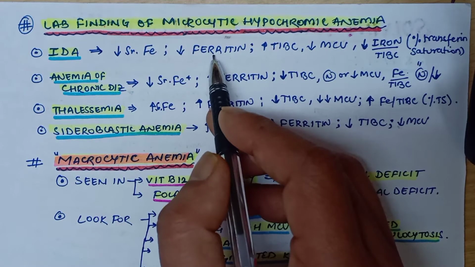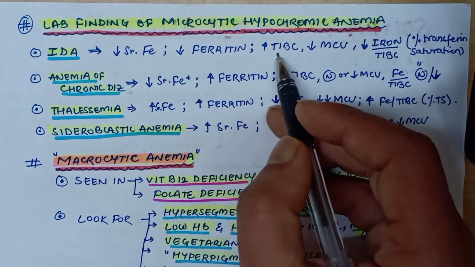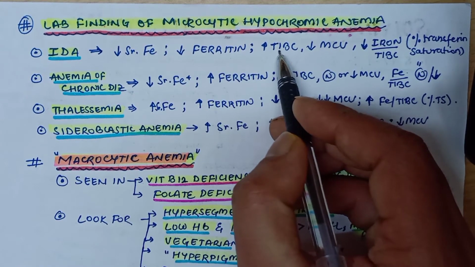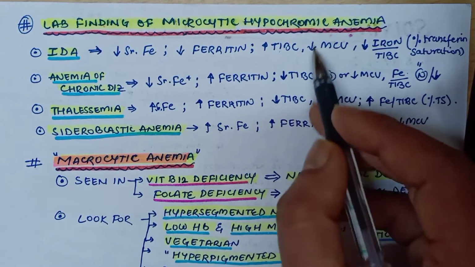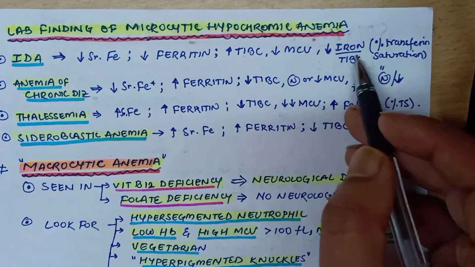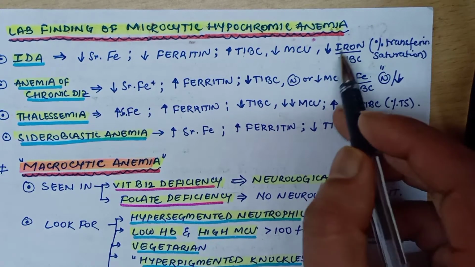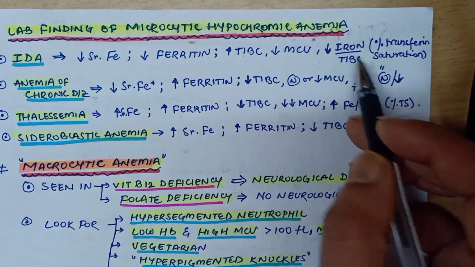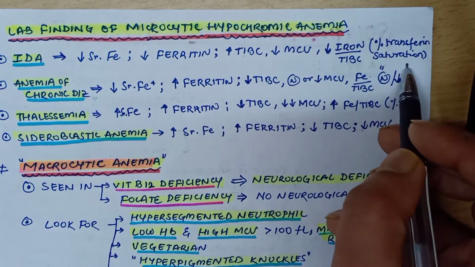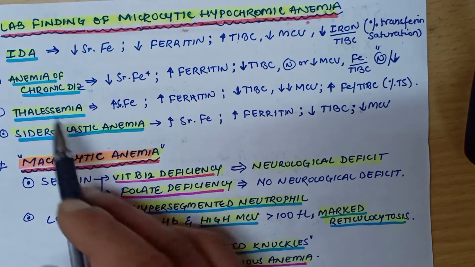Whenever there is decrease in ferritin level, there is increase in total iron binding capacity, and the mean cell volume is low, and the percentage transferrin saturation will be low. So there will be decrease in percentage transferrin saturation. In anemia of chronic disease,